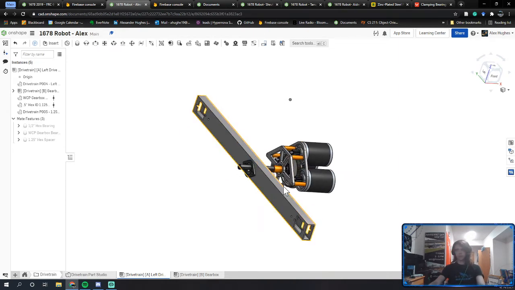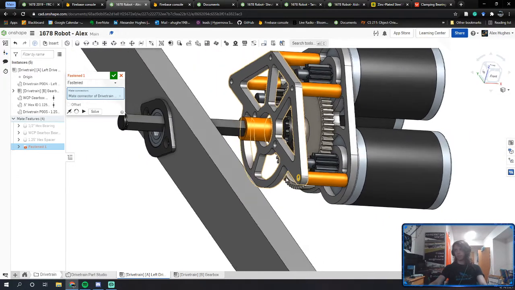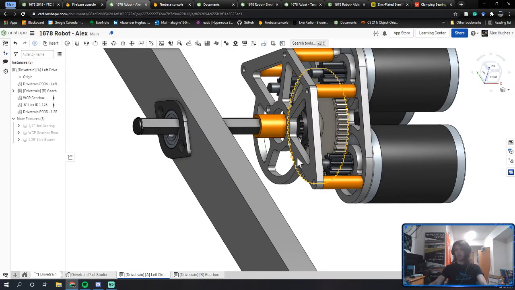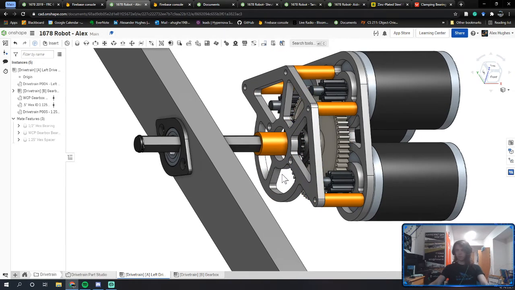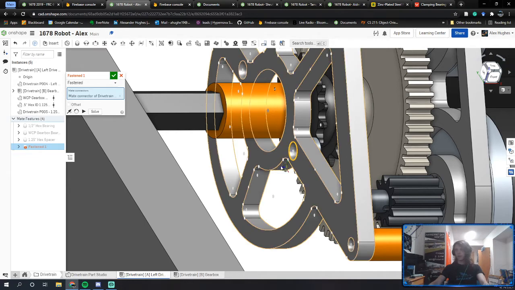Cool. So I'm just going to continue rolling on here. We're just going to assemble these together. I'm going to mate the outside of this. Actually, no. I'm going to mate. Oh, something we screwed up. We'll have to fix that here in a second. We're going to mate the,